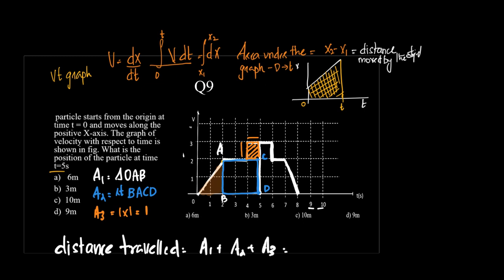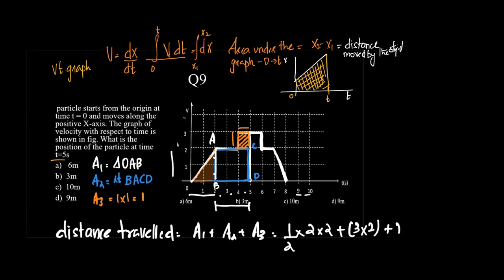So what is area 1? Triangle OAB. So what is the area of triangle OAB? Half into base. What is the base? Base is 2. Half into what is the height? Height is also 2. Half into 2 into 2 plus. What is the area of rectangle BACD? Length into breadth, right? What is the length? Length is BD. What is the breadth? Breadth is AB. What is the measure of BD? It is 1, 2, and 3. What is the measure of AB? It is 1, 2. So we have 3 into 2 plus